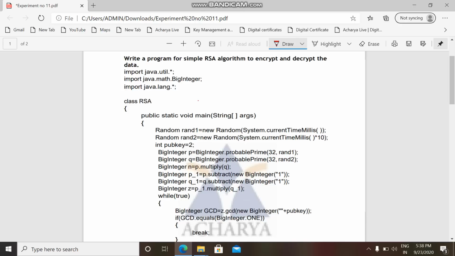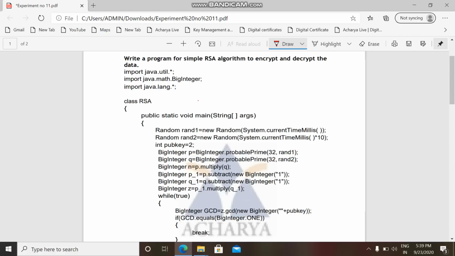So we make use of this built-in method multiply to multiply these two large numbers p and q. This is the syntax. The first big integer, multiply built-in method, and the second variable which is a big integer. So you get n which is also a big integer.